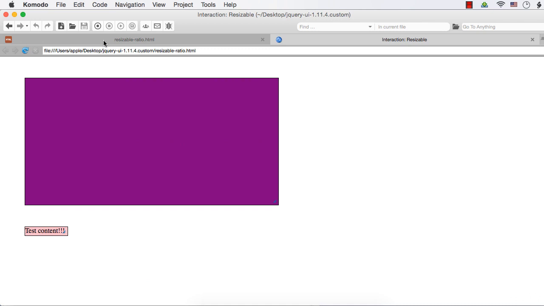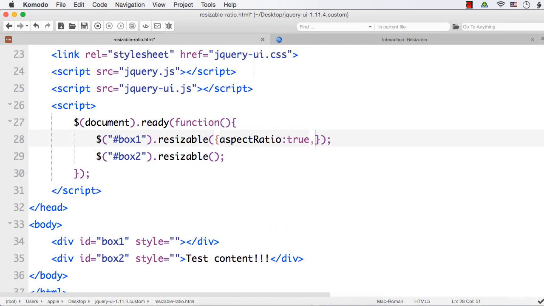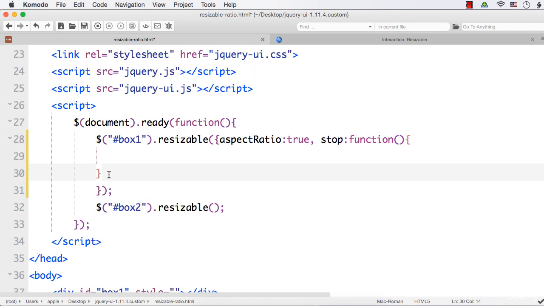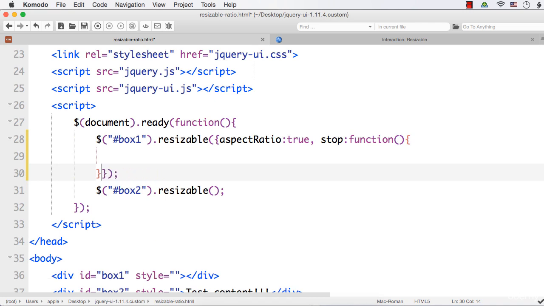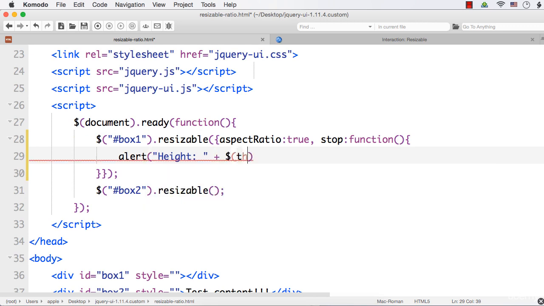2:1 ratio. So to see the height and width, what we can do is we can add an event to this. There is an event named stop which will be triggered when the resizing stops. So let us try to display the height and width at that time so that we can see the height and width and whether it is in the specific aspect ratio or not. So let me try to display alert height. How we can get the height? We can get the height like $this.css of height. This will return the height,